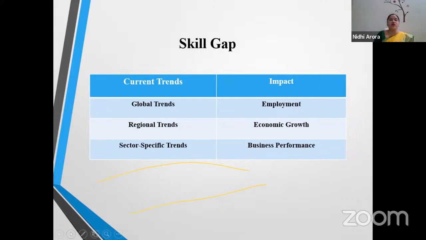Then sector-specific trends. The healthcare sector often experiences skill gap. Why? Due to rapid advancement in medical technology and an aging population. For example, the demand for skilled nurses and medical technicians is growing, yet there is a shortage of qualified professionals